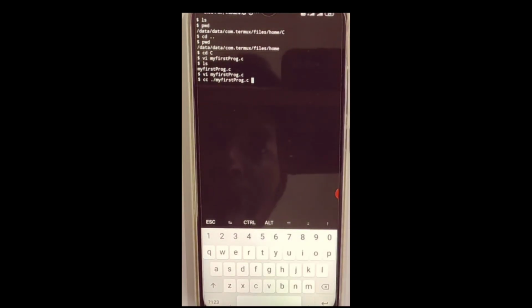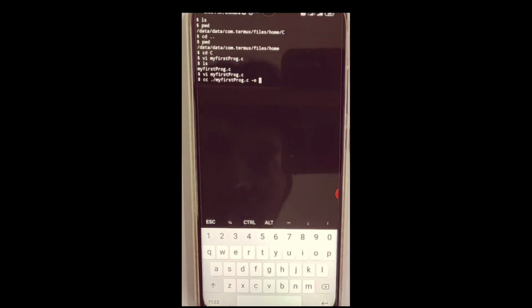Suppose you want to make first dot out. This will be the output file name. You have to give a space, then minus o, space.